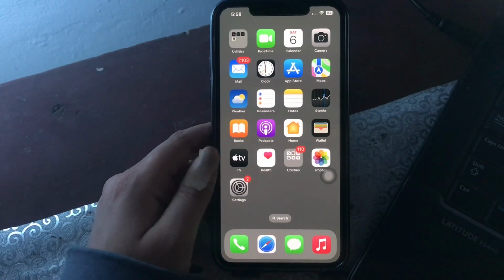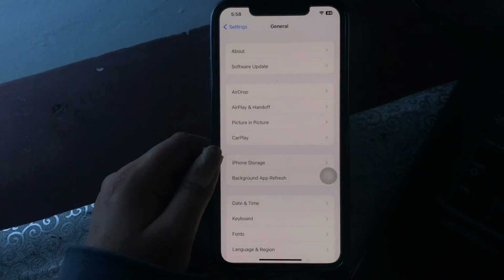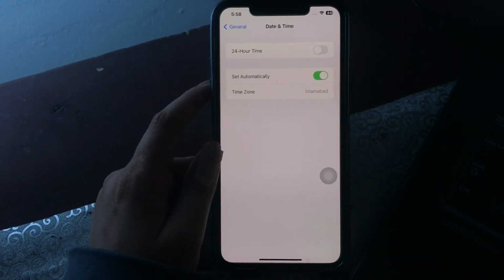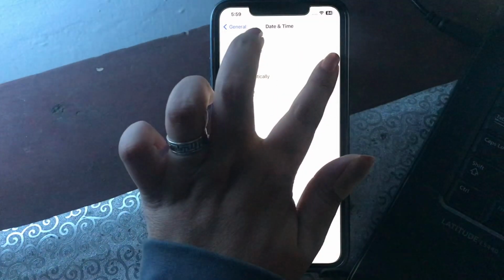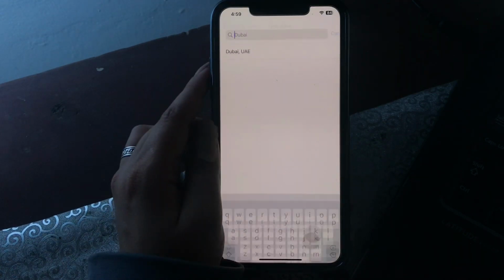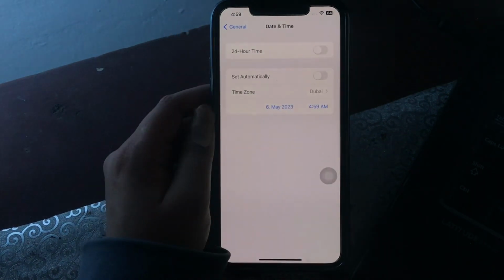Open the Settings page on your iPhone, tap on it, scroll down and then tap on General, then tap on Date & Time. Once it opens, enable the Set Automatically by tapping on its toggle button to set the date and time if the time zone is correctly chosen. And if you want to set the date and time manually, then disable the Set Automatically toggle button by tapping on it. Then choose the correct time zone by tapping on it. After setting the right time zone, you can manually change the date and time. And you are done.